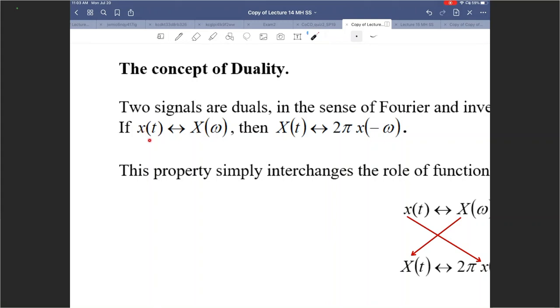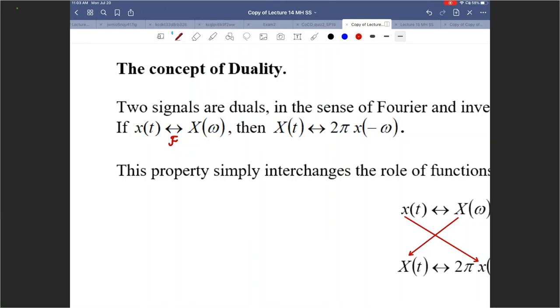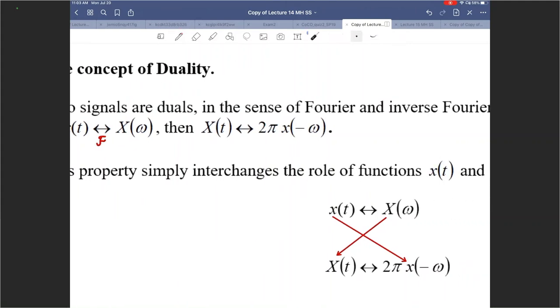But if the Fourier transform of small x is capital X of omega, then the duality principle says if you just reverse the functions themselves, capital X here and small x there,